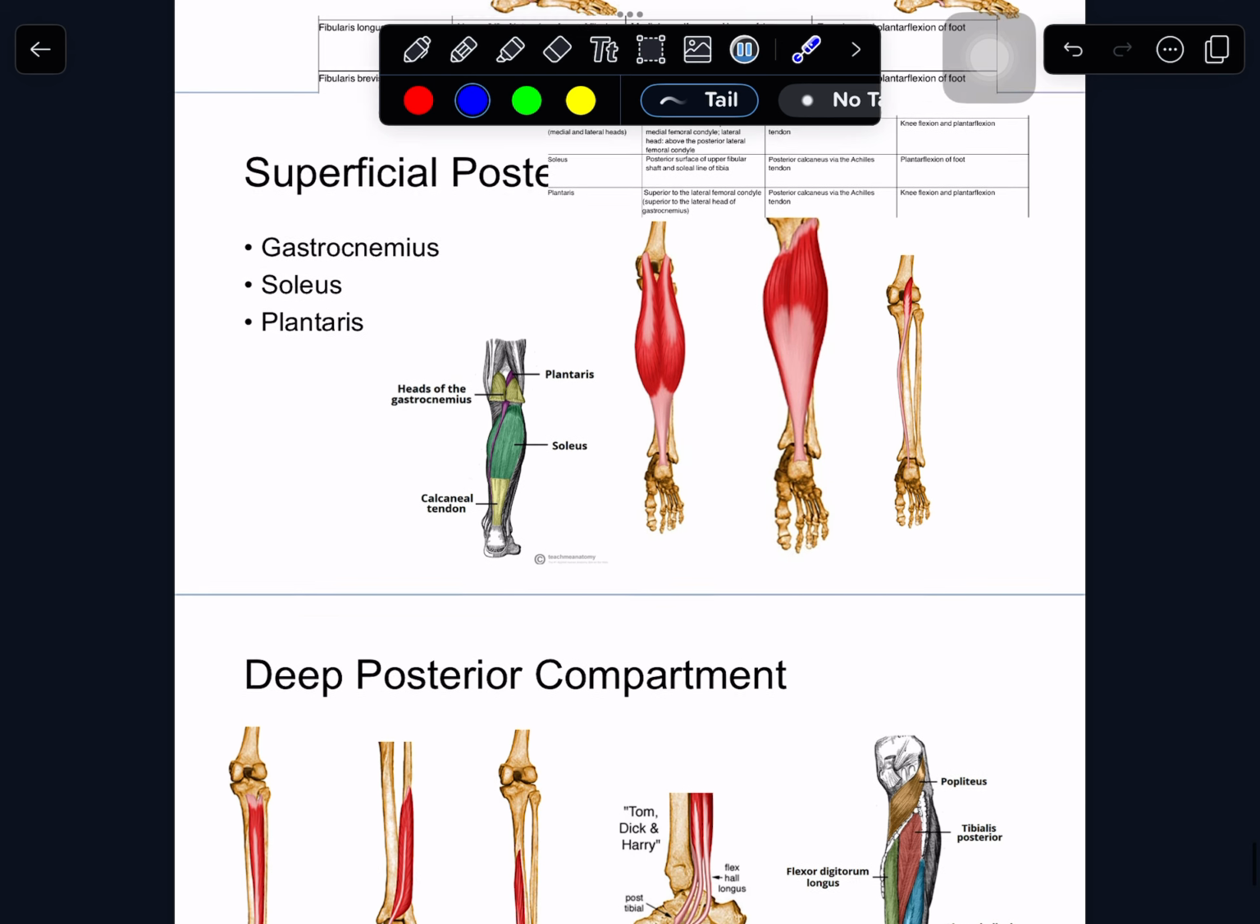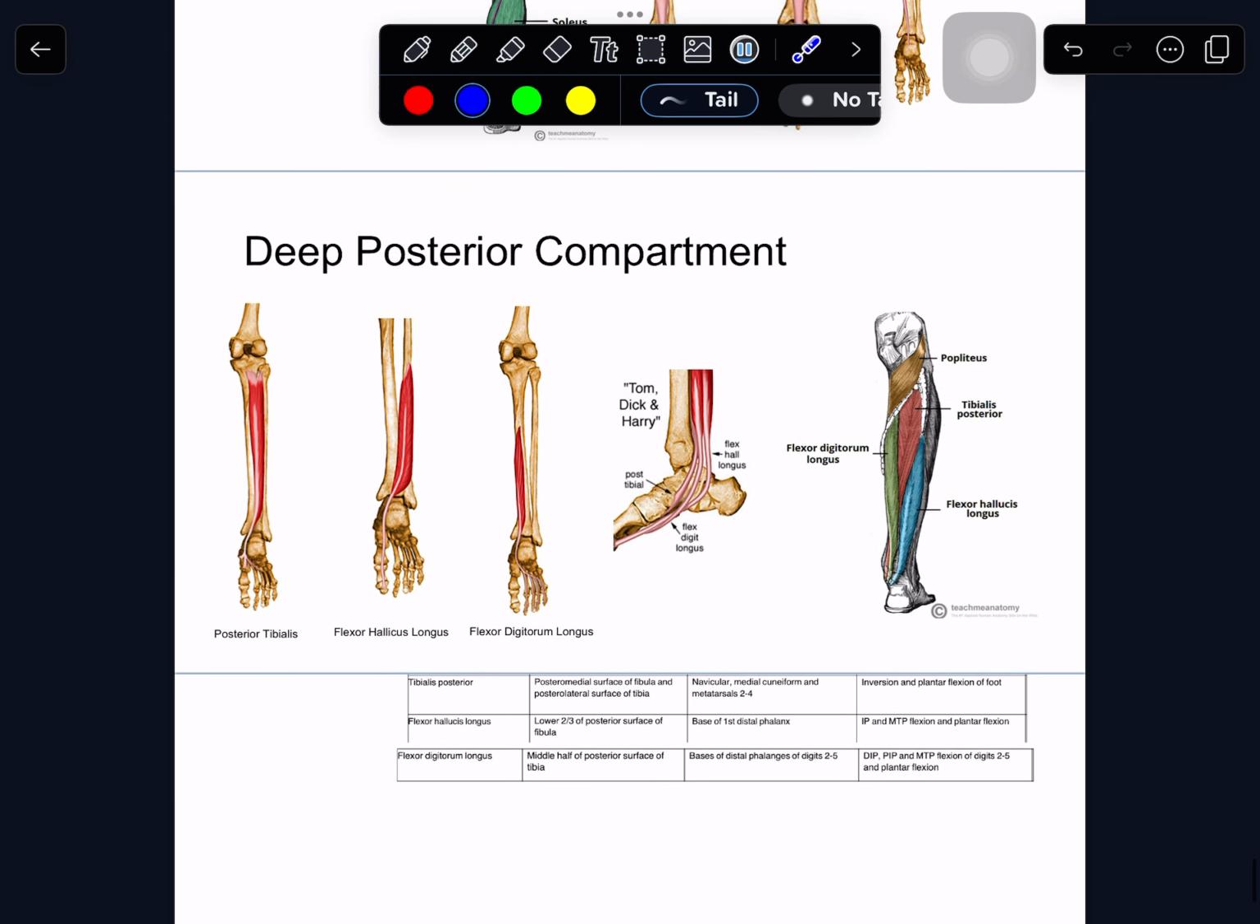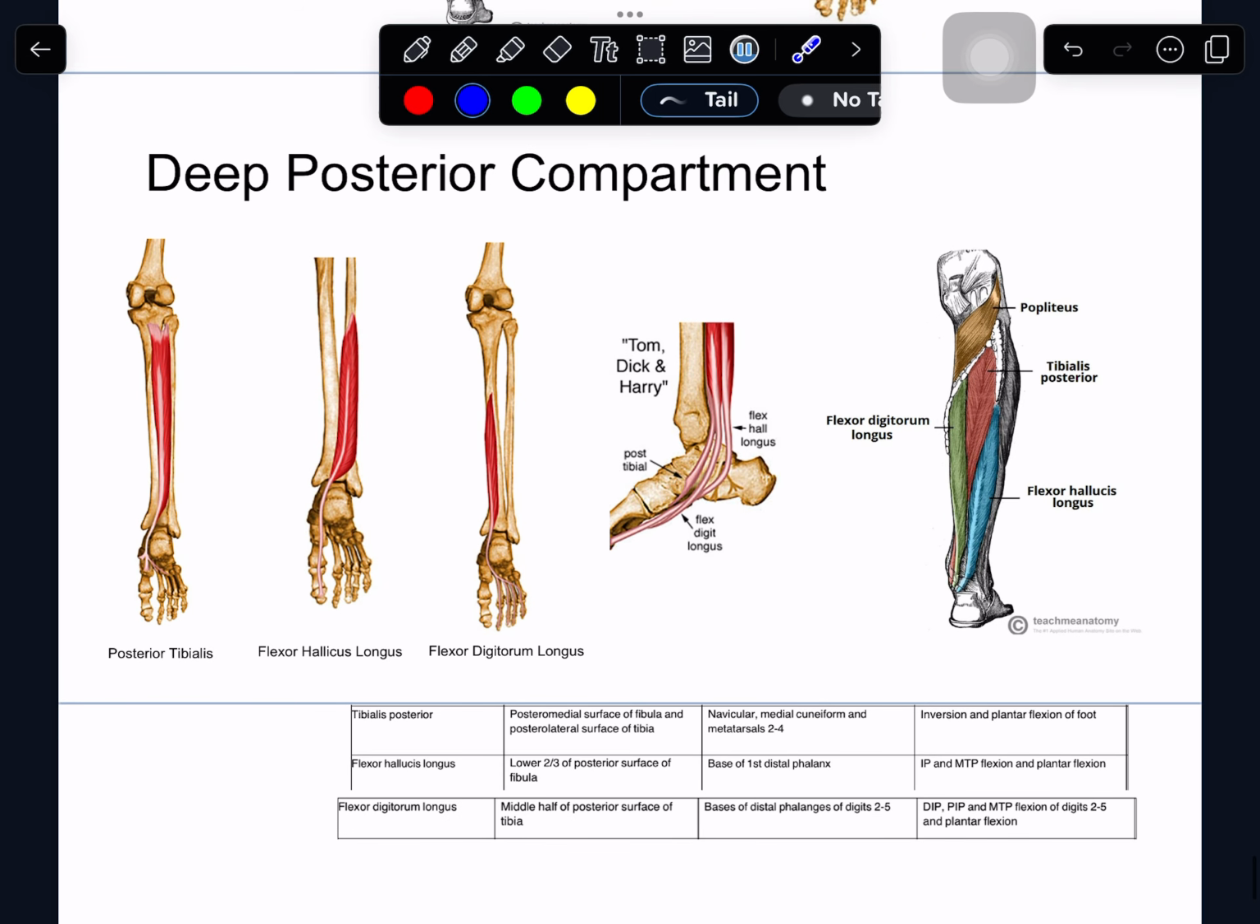So moving away from the more superficial layer of the posterior compartment, if we peel away the gastrocnemius and the soleus and the plantaris muscles, now we're in that deep posterior compartment. So as we look at these muscles individually, we're going to have three muscles of the deep posterior compartment. That's going to be the posterior tibialis, the flexor hallucis longus, and the flexor digitorum longus, right? And we're not going to discuss up here the popliteus muscle, you can see on the right,